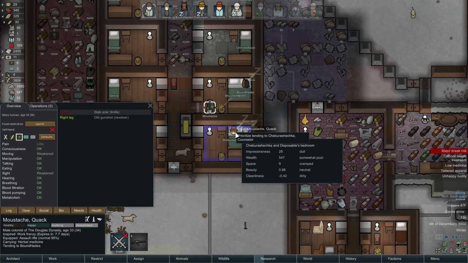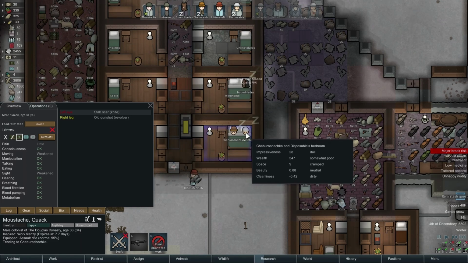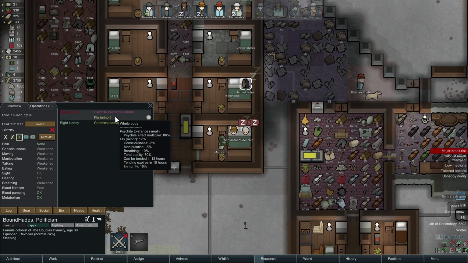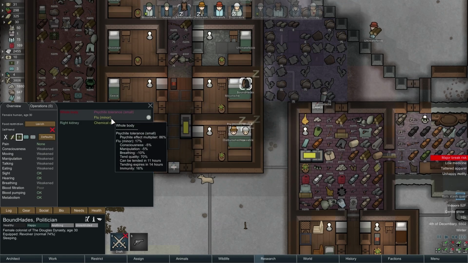Mustache, what are you doing? He's treating people. He doesn't have the flu, so he can do this. And everyone else, they are becoming immune. Ooh, Bound Hades is not becoming immune very quickly. Cheb is fine. So Bound Hades might actually need...